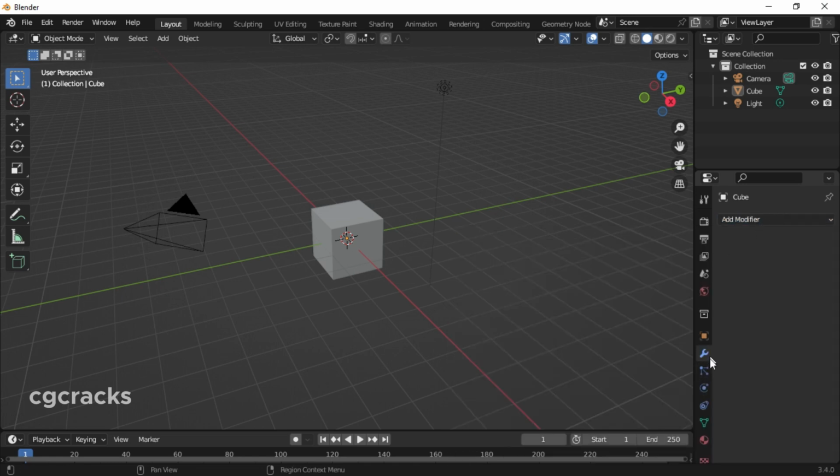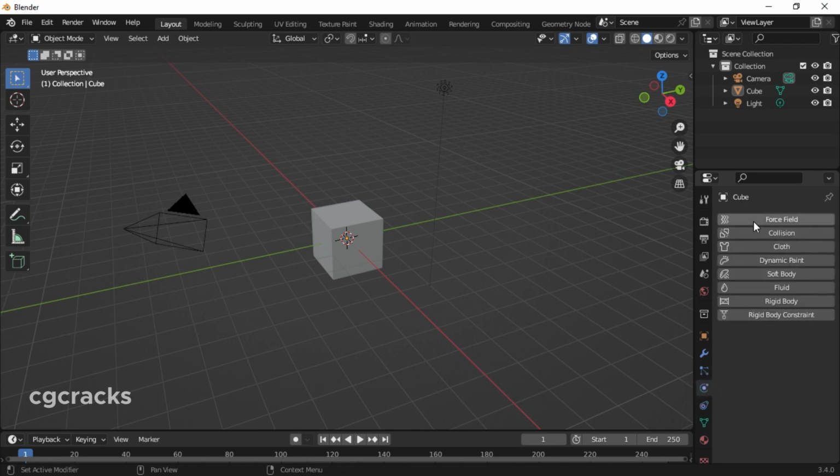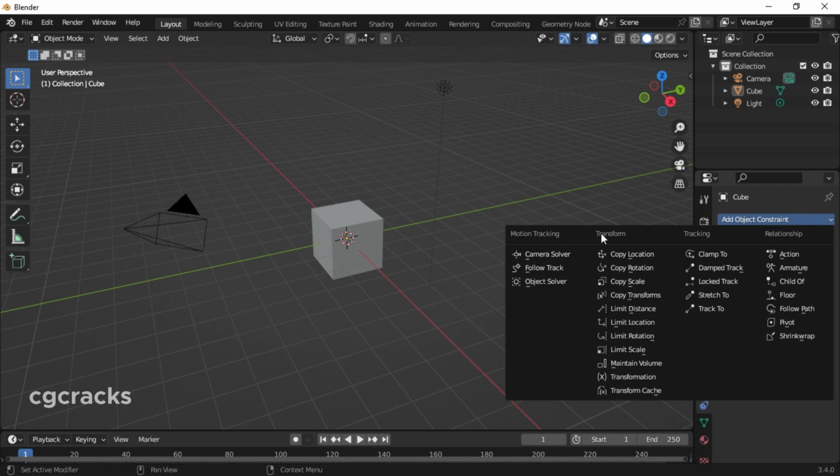Okay, after that, we have the particle properties. So under the particle properties, you have to add a particle system slot to get some effect done. Okay, after that, we have the physics properties, which comes with force field, collision, fluid, dynamic paint, soft body, rigid body, constraint. After the physics properties, we have object constraint properties, which comes with motion tracking, transform, tracking, relations,